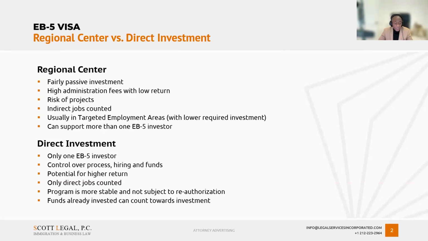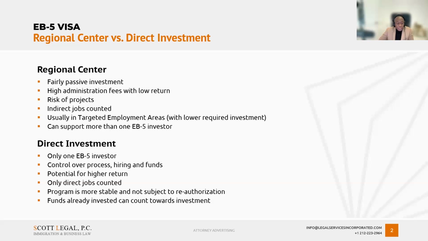And the other big thing with regional centers, and this was certainly a change, because in the past, both direct investment and regional centers could support multiple investors, but now that is limited to regional centers. Because when we move to direct investment, take the example I just gave of the person who wants to open their own restaurant. We had a case like this a while ago where we had a client where it was two brothers and they both opened a restaurant, the petition was approved, and they were both able to get the green card. But the rules changed in 2022, and now that situation could not exist because it can only be one green card per entity under the direct investment program.